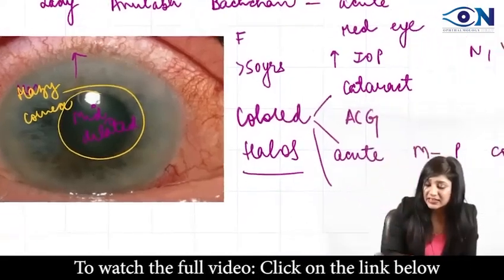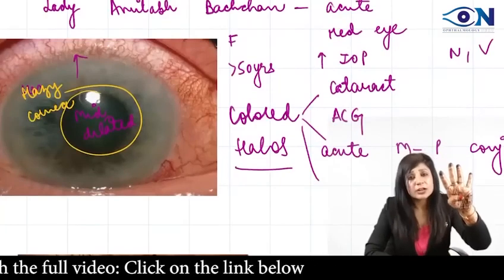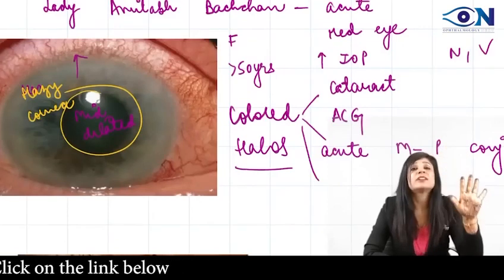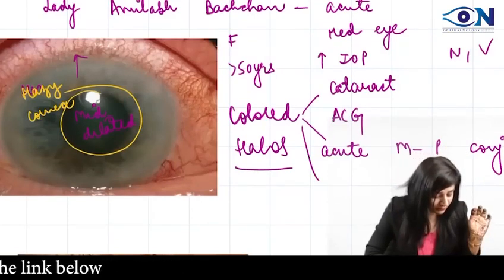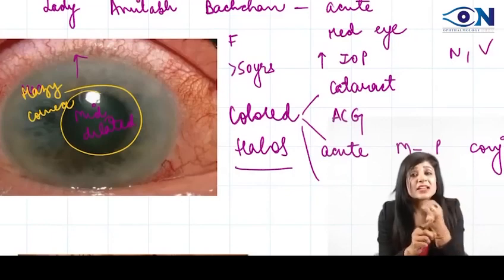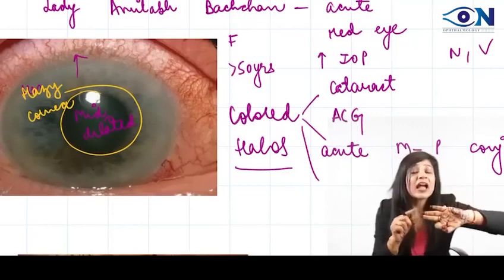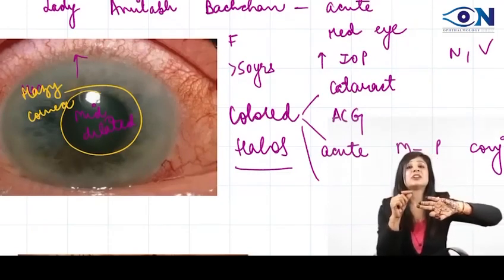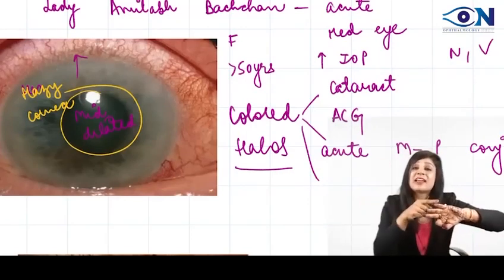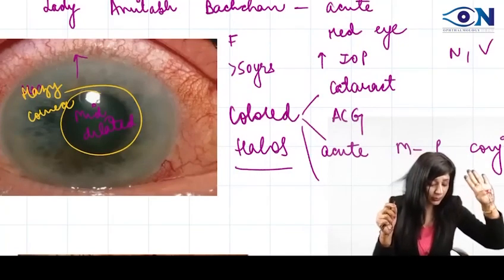So in a typical clinical scenario, you will have an acute red eye, a female more than 50 years of age, raised intraocular pressure along with the colored halos, along with a dilated pupil. Then you are sure that this is a case of acute congestive glaucoma. This is not scleritis. Scleritis will not be associated with the hazy cornea. It will not have raised intraocular pressure. It will not have colored halos. So that is why I am also telling you that whenever you have such kind of things, first see the image, then see the options, and then read the question. Scleritis is very, very painful, usually associated with connective tissue disorders like rheumatoid arthritis also.